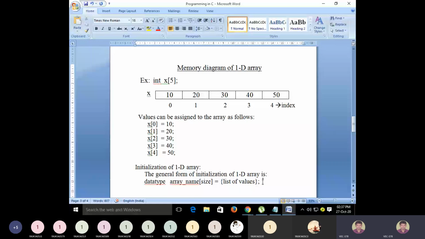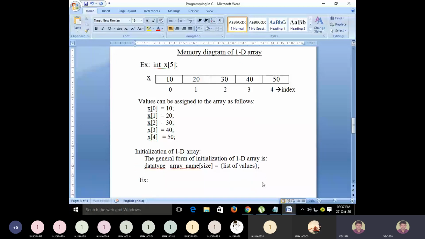Okay, so for example, now I can say int x of 5 is equal to 10, 20, 30, 40, 50, ending with a semicolon.